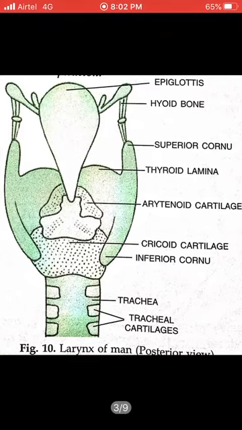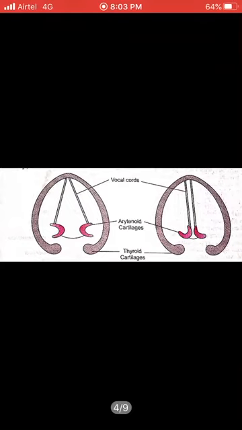In this, clearly the epiglottis is shown, which is responsible for checking the entry of air and other food particles, so that they might not enter into the trachea. And this is the structure of the vocal cords, which is surrounded by the thyroid cartilage, a C-shaped structure having a string-like structure looking like a vocal cord, and the cup-like structure hanging out, that is the arytenoid cartilage.